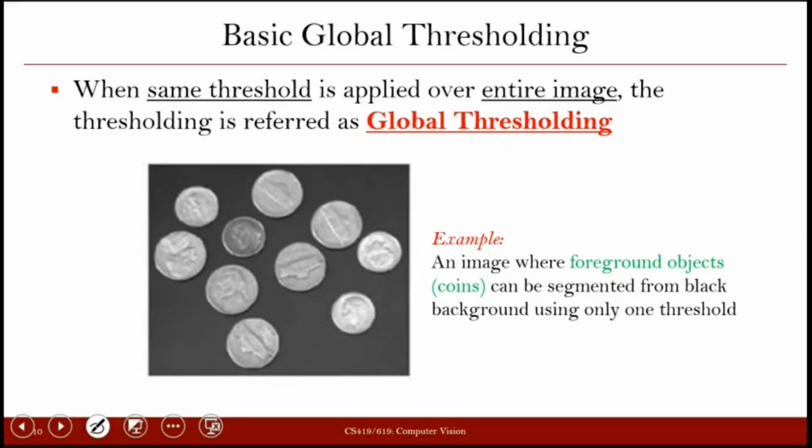That means when you are segmenting the image, there is one threshold which is used to segment the image. In all the segmentation techniques where we use a threshold, this threshold is applied on the intensities of the pixels. Right? If it is a grayscale image, we apply it on the intensities.